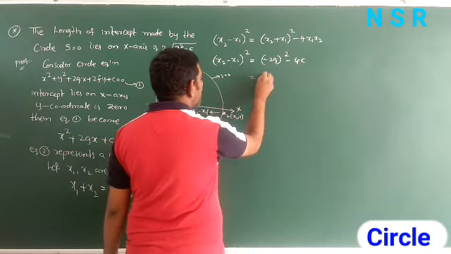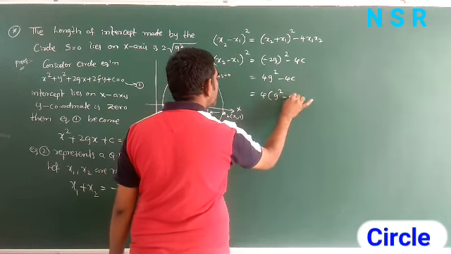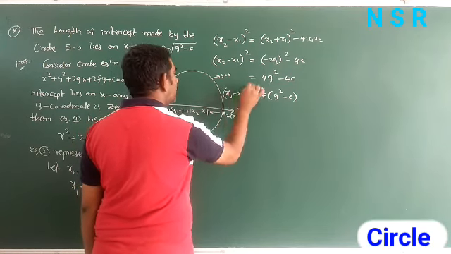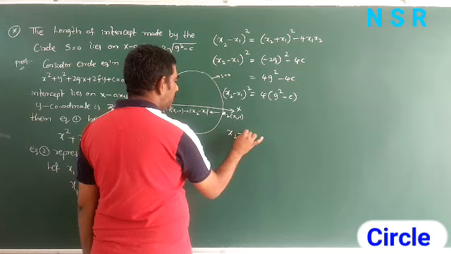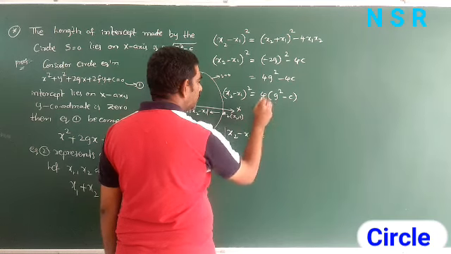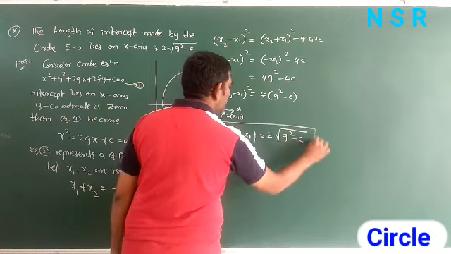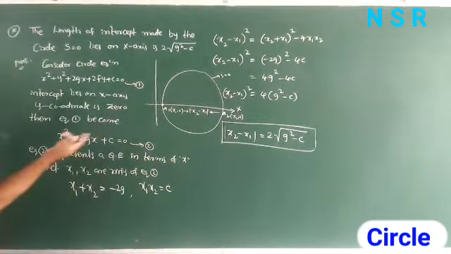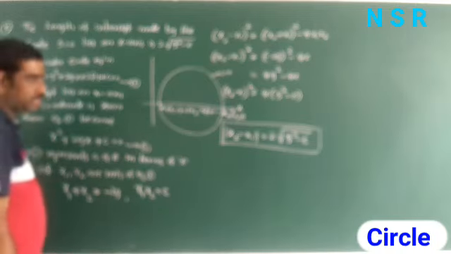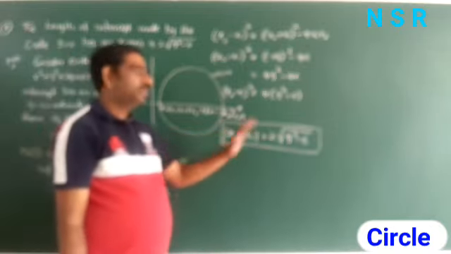Now minus 2g whole square is equal to 4g square minus 4c. Taking 4 common, we get 4 times g square minus c. So this is the value of x2 minus x1 whole square. Now mod x2 minus x1 is equal to the square root, so root 4 is 2, and square root of g square minus c. So the length of the intercept made by the circle S equal to 0 on the x-axis is 2 into under root of g square minus c. You remember this one.